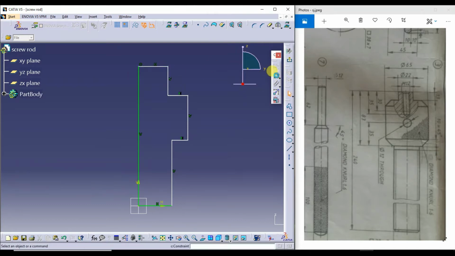I'll double click on this so that you can do the dimensioning continuously. From here to here it is